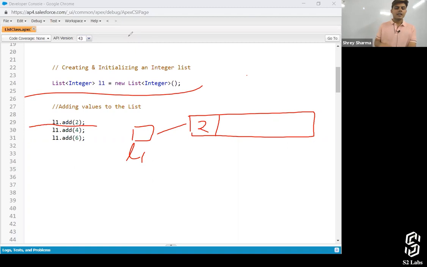And then when you add 4, and then when you add 6, this is how things work out. So that's how the values get added with the help of the add method. Is it clear? It's very easy.